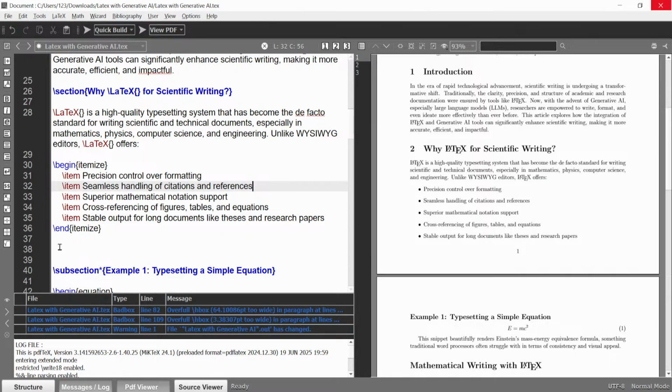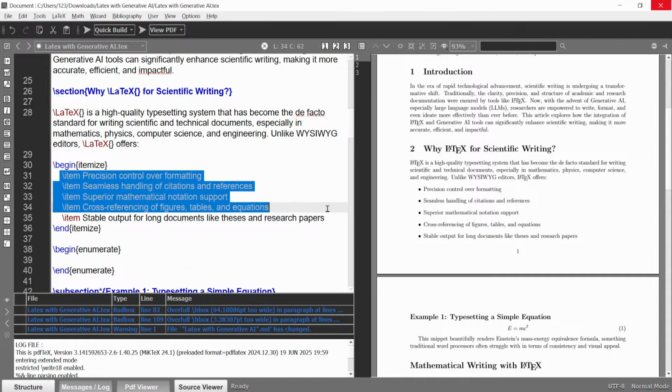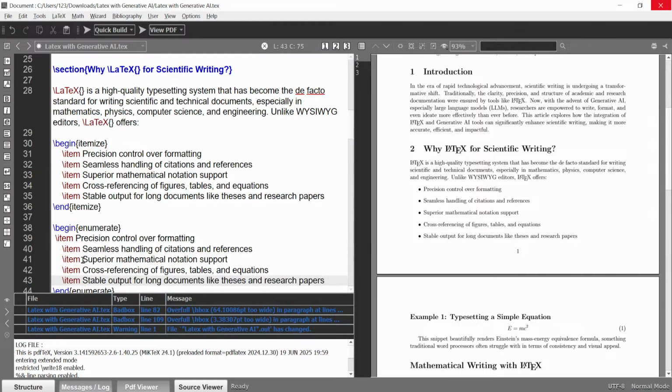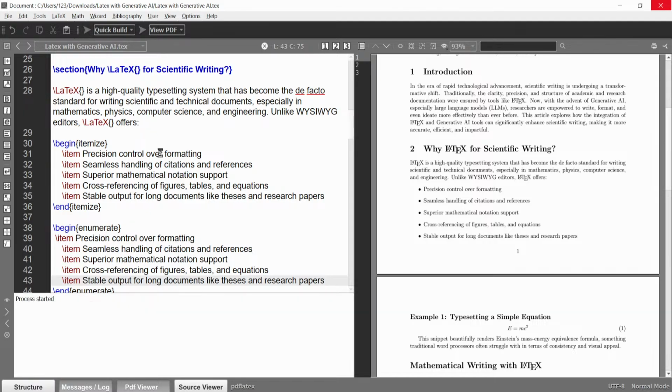So here we have backslash begin, and you can use enumerate here. I am using the same text which is at this place, and you can put it inside at this place, with item. So here we have enumerate.